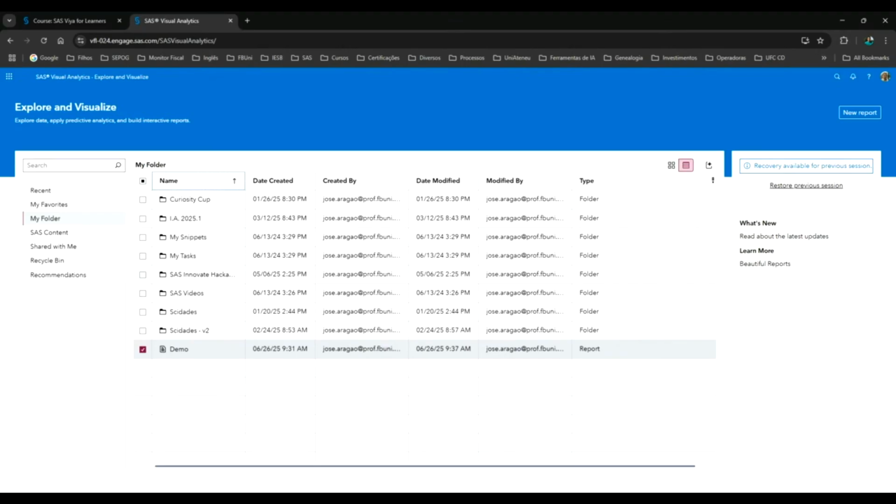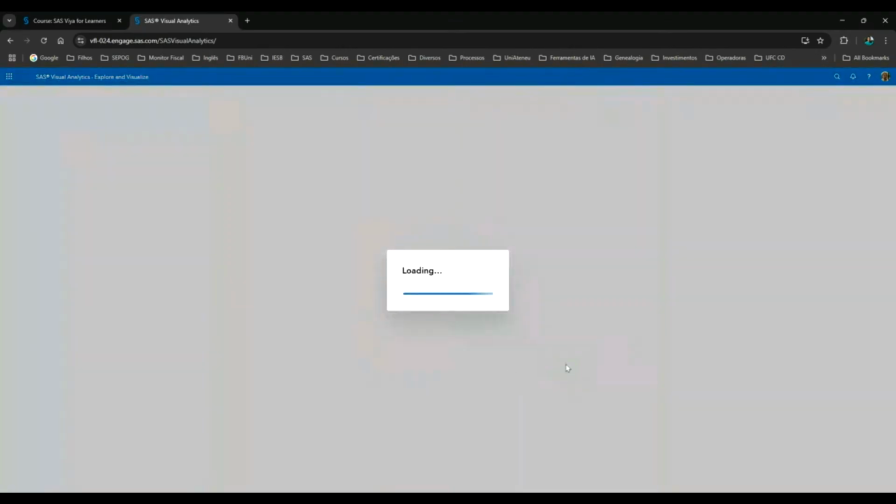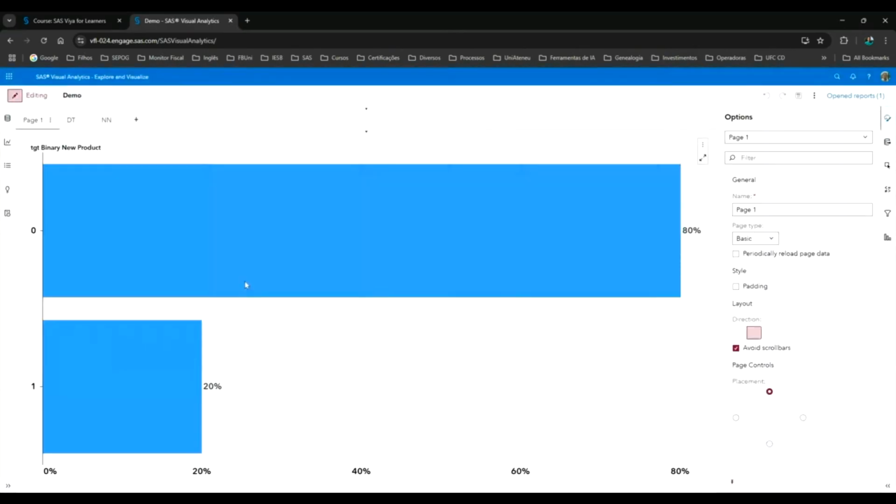Then I will open a demo that I left created to show to you. This is a little project that I made. In this project, I'm in SAS Explore and Visualize.